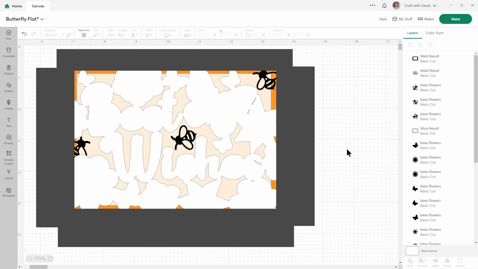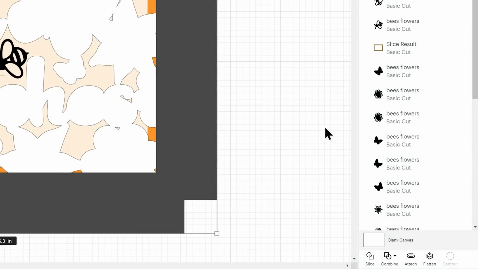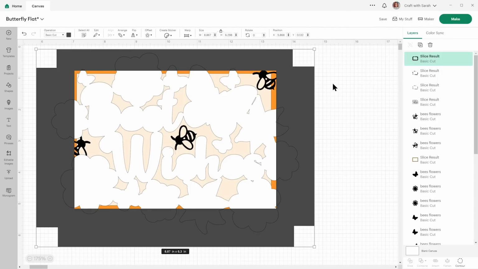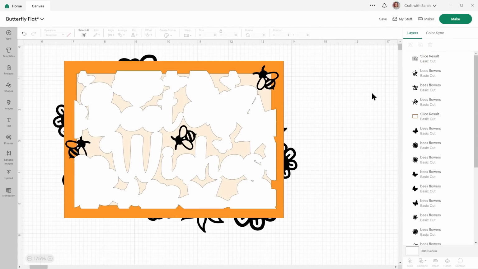And now we can slice that out of the white. You can only slice with 2 layers at a time. So if you select them and you can't see the slice button, just check that you have welded all the offsets into one and all of those rectangles into one. Then you can press slice and it will cut them out, delete the outside bits, and now we've just got the inside. We need to make a copy of our border.